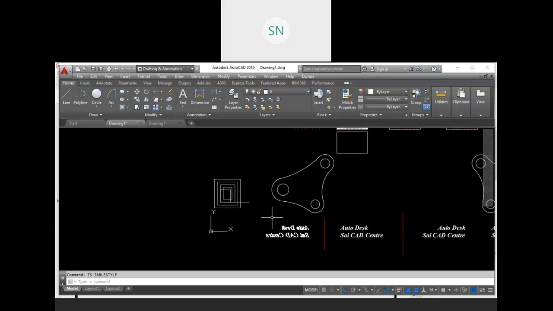Then we have T or MT. We have two shortkeys for multi-text.